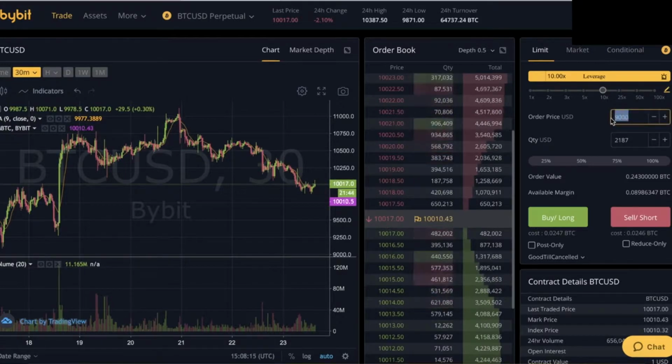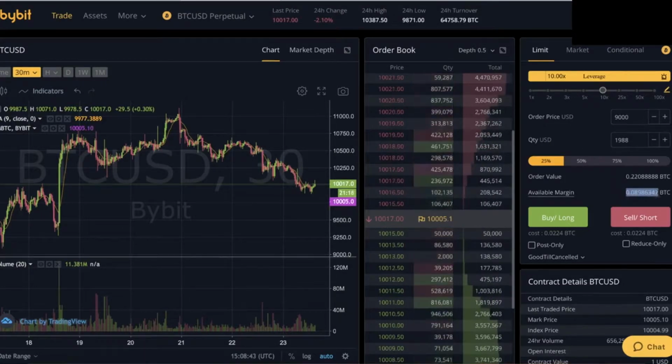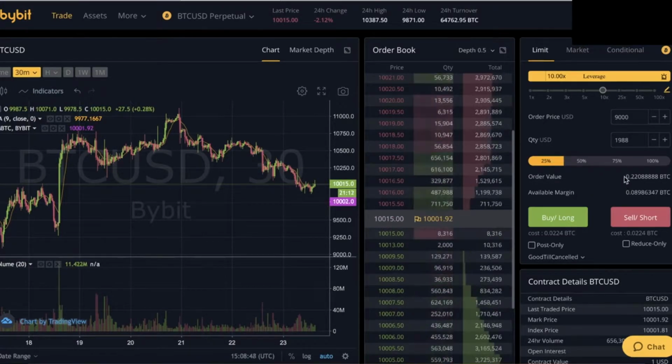This is where leverage trading becomes very lucrative, because the same move can make you way more money. So let's say I want to use 10 times leverage on this trade, and I want to trade with 25% of my account balance. This is automatically going to calculate what quantity of Bitcoin I can buy with 25% of my balance when I'm using 10 times leverage. Replay the video and re-listen to that if that didn't make sense. Now down below it's telling me what my available balance is. This is roughly 0.09 BTC,